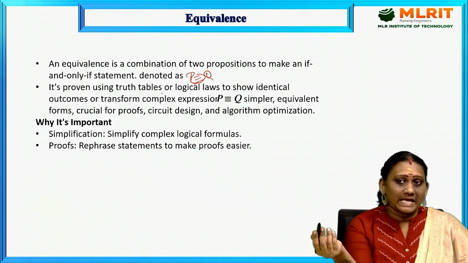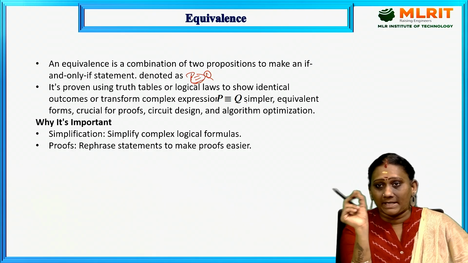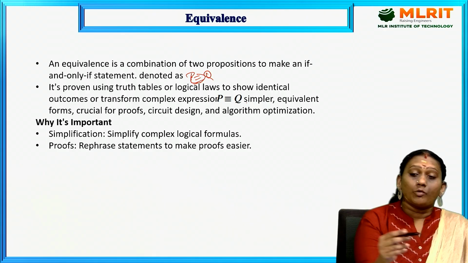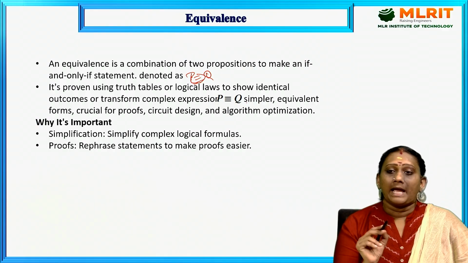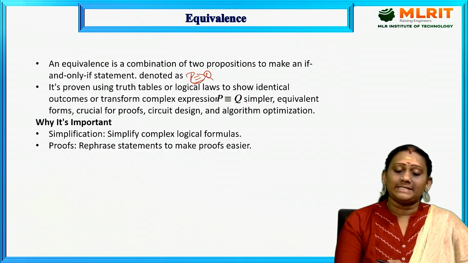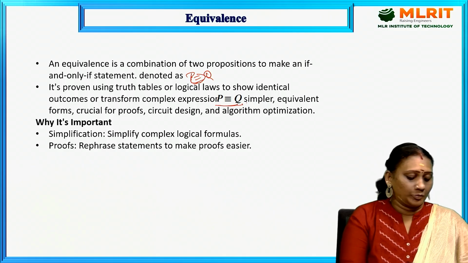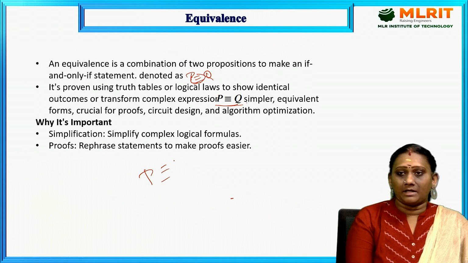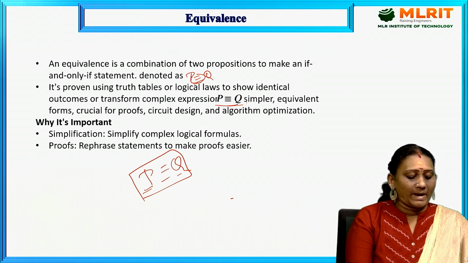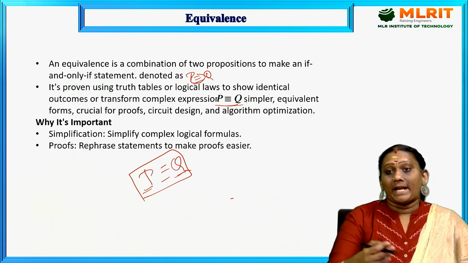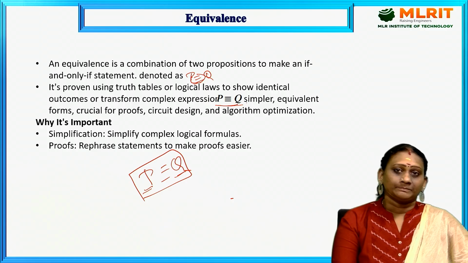In the previous example, we saw that it can be proven using truth tables whether a particular statement is true or false, right? So here, if we want to take a set of statements and prove whether they are equivalent or not, the symbol is P ≡ Q. We write this symbol and conclude that the LHS part of the statement is logically equivalent to the RHS part of the statement, right?